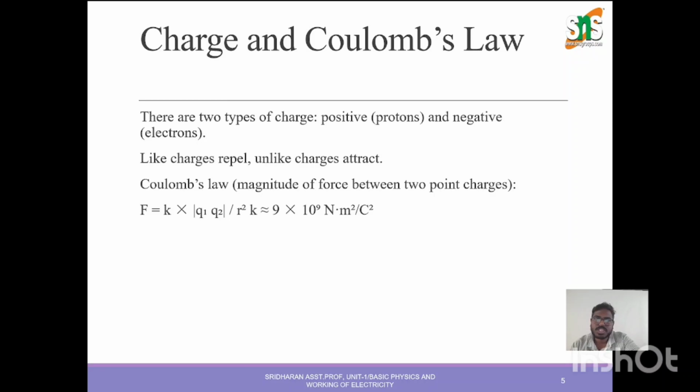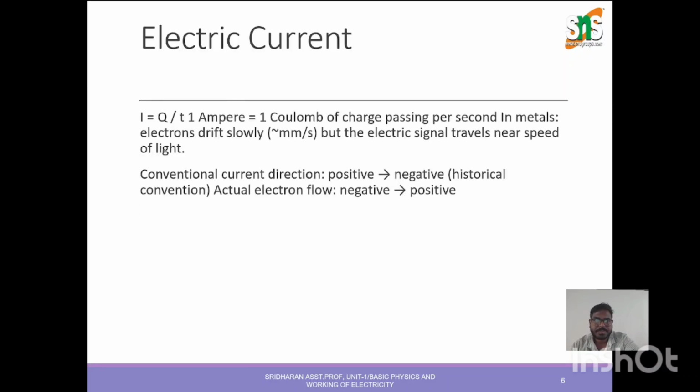There are two types of charges mainly used in electrical charge, positive charge and negative charge, where the positive charge is nothing but the protons and the negative charge is the electrons. Unlike charges attract each other, and like charges repel each other. Coulomb's law states that the magnitude of force between two point charges